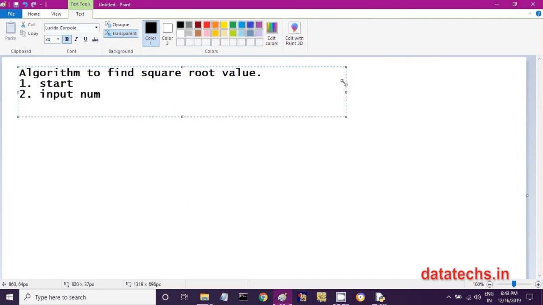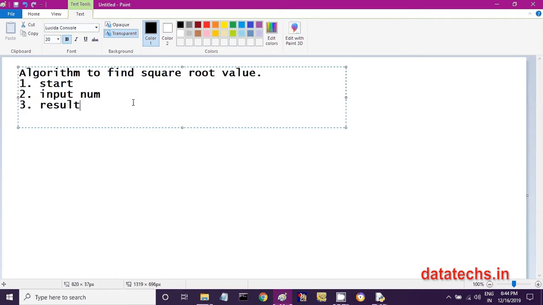Input num means you are providing a number from the keyboard that is stored into this num variable. For this number you are required to calculate the square root value. Now I am storing that into the result variable.